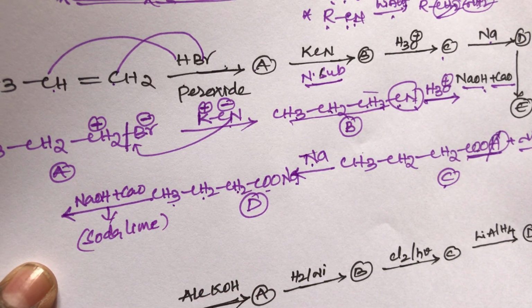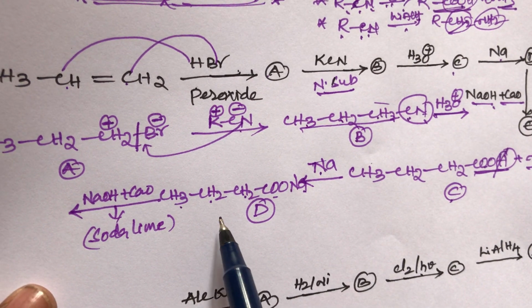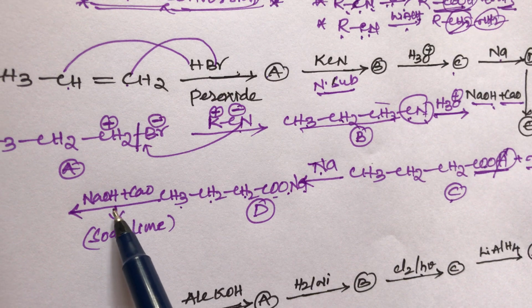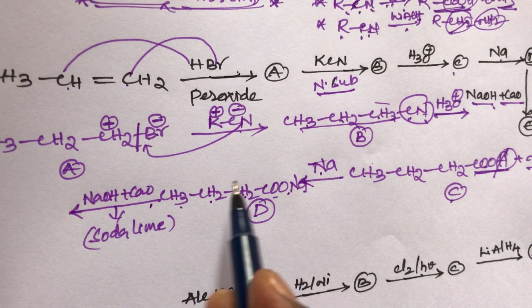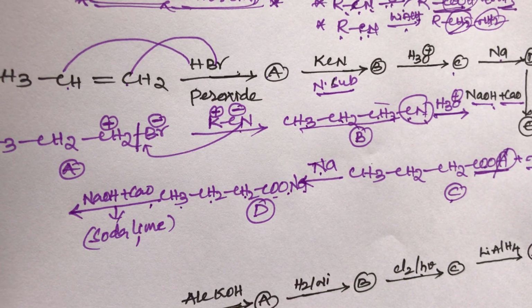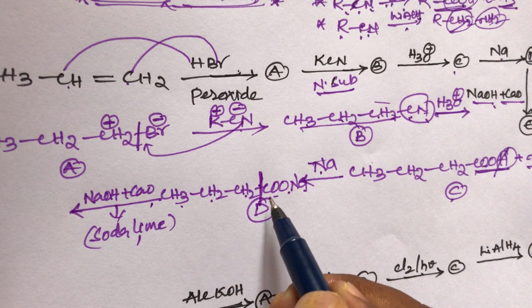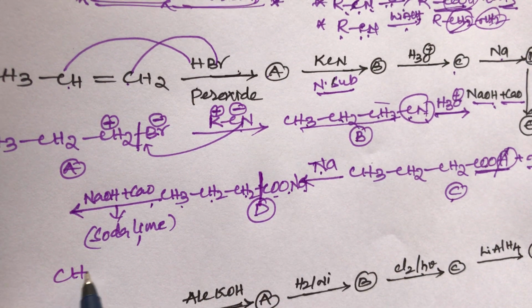It is also very important, student. This D compound, that is sodium butanoate, reacts with soda lime. This step is decarboxylation. Decarboxylation means what, student? That is removal of carbon dioxide. Bond cleavage here, complete bond cleavage, we get butane formed, CH3 CH2